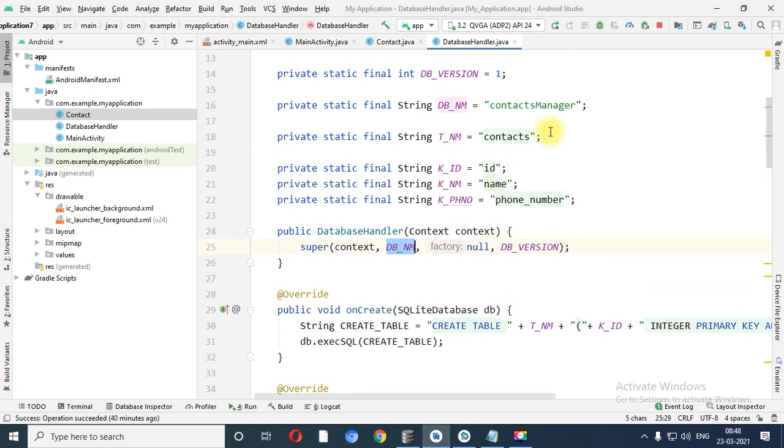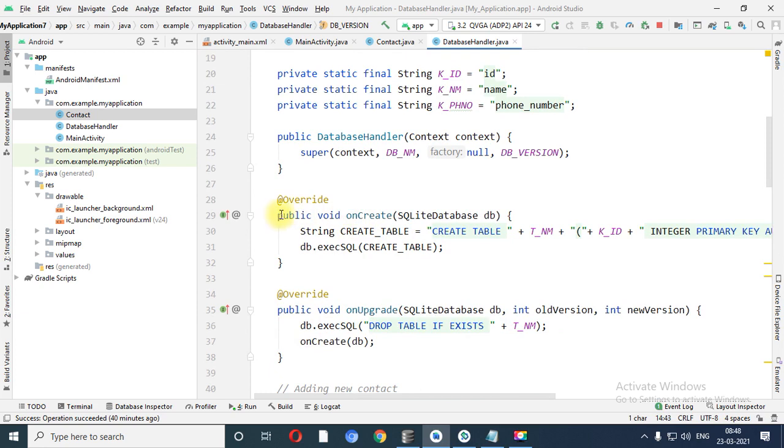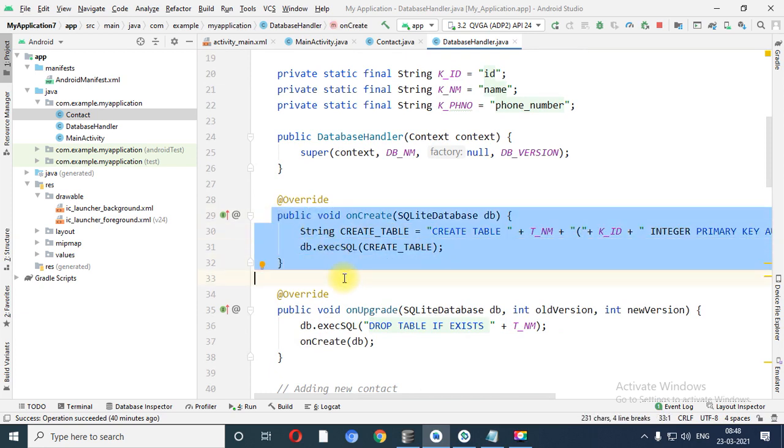Name of our database is contact manager. Fourth argument we have passed as null, and the last argument is the database version. For the first time we have created this, that's why I have passed it as 1. And when you call this particular file, at that time naturally the onCreate method is executed.